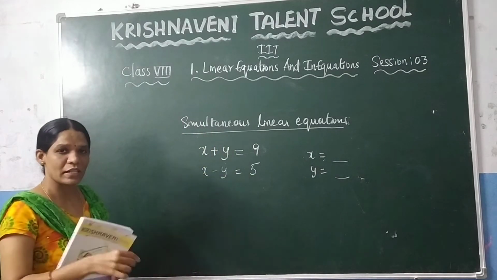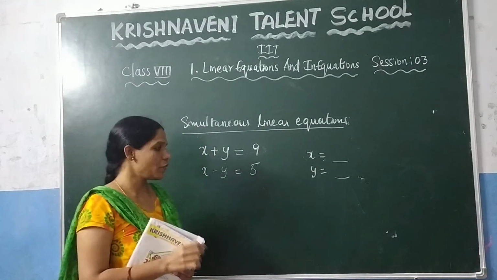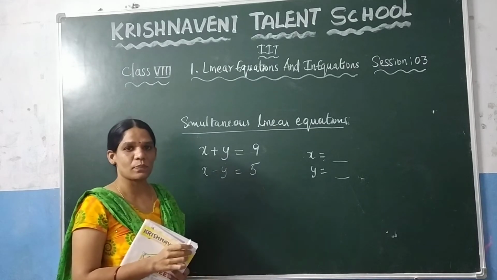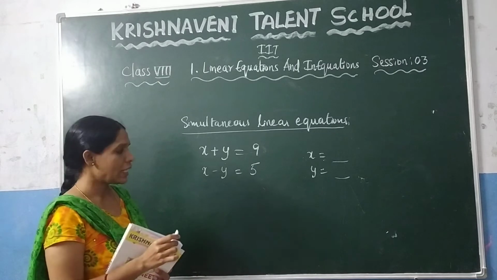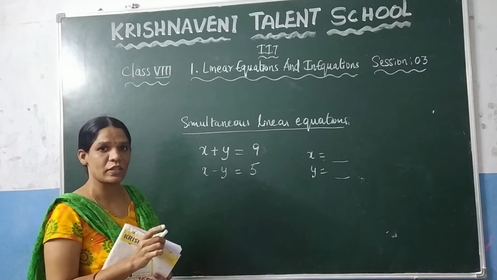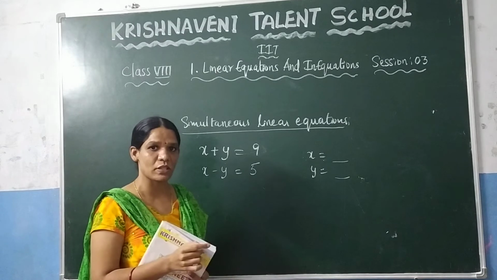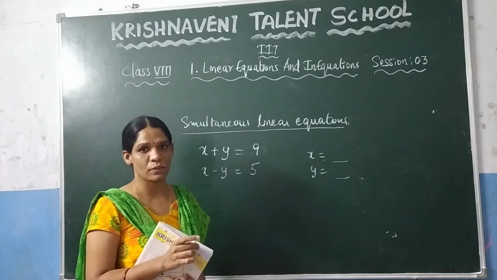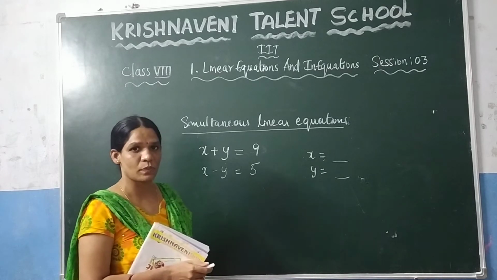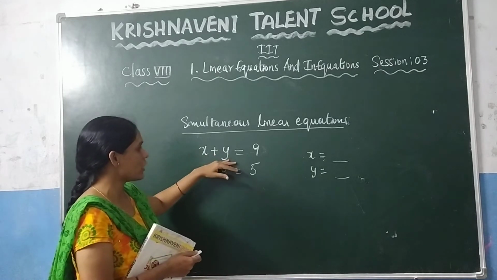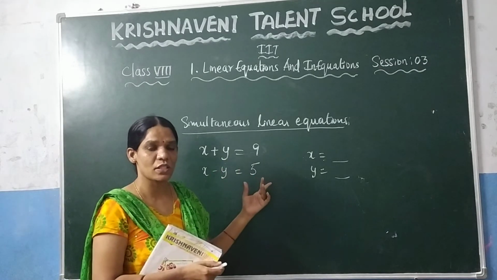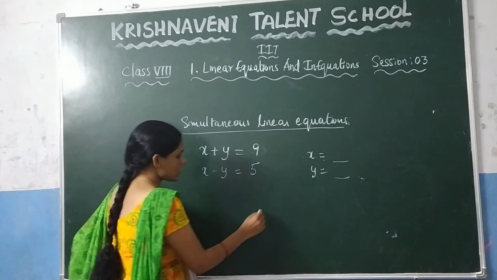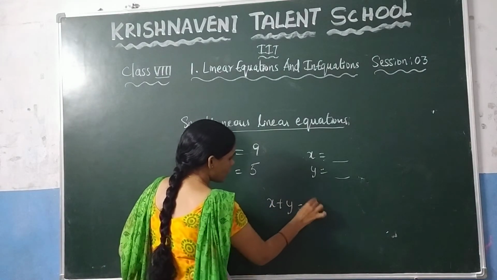What is meant by a simultaneous linear equation? Before, we solved a linear equation in one variable. It is very easy if you are given a linear equation that consists of only one variable, because you can take all the numbers to one side and the variable to the other side, so that we can find the value of the variable. Suppose it contains two variables, can you solve the linear equation if you are given only one equation? No, we cannot find it, because as we just discussed, x plus y is equal to 9.